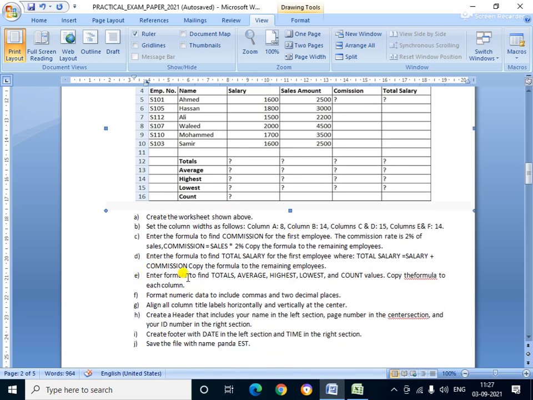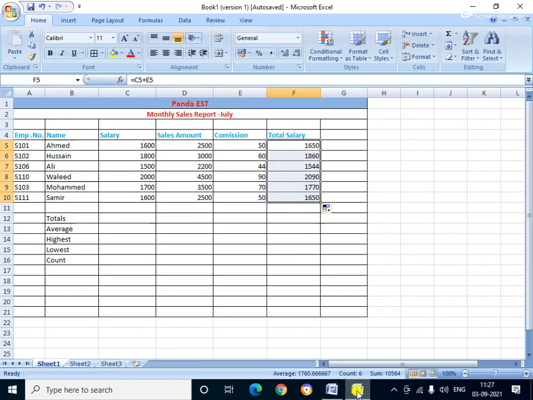Next question is: enter the formula to find the total, average, highest, lowest and count values, and copy the formula to each column. Okay, let's see. This is the total, average, highest, lowest and count we calculate. For the total, you just select, then click auto sum.